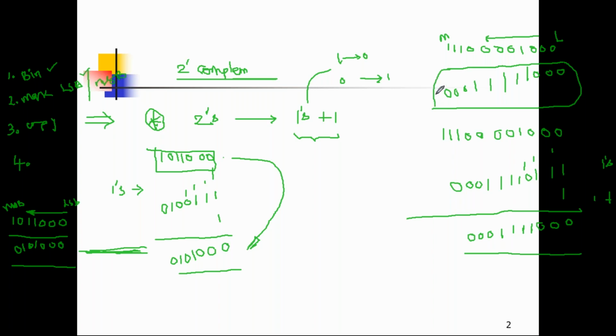Now you can compare this one with this one. This is the result you obtained in the previous process. That means the given number was initially taken through one's complement, and then the result of the one's complement was added with 1. So both are the same. It is very simple, so no need to spend much time converting the given number into 2's complement. Where is it applicable? Next question.